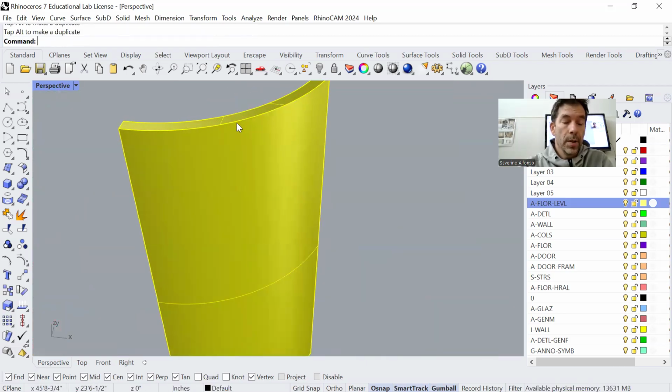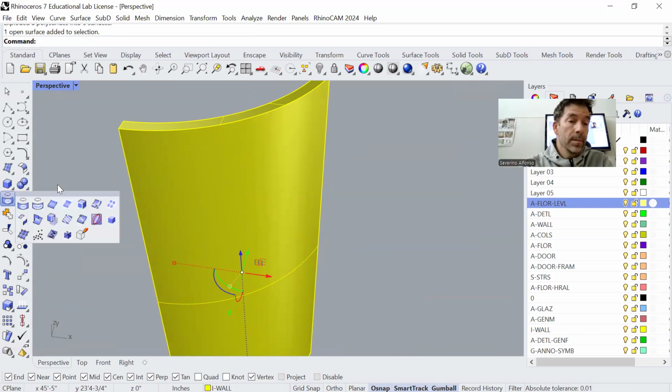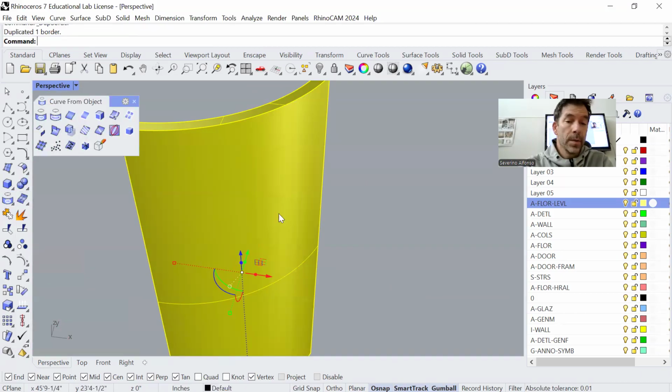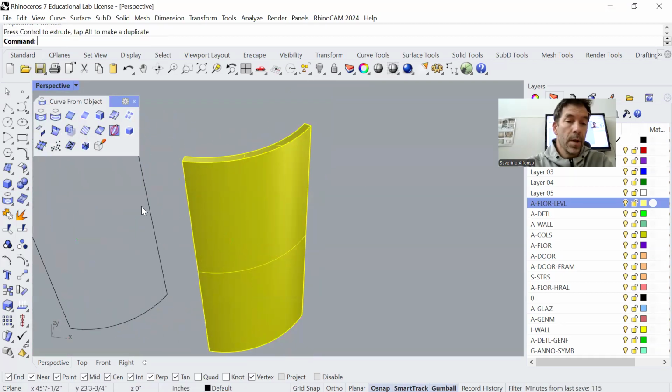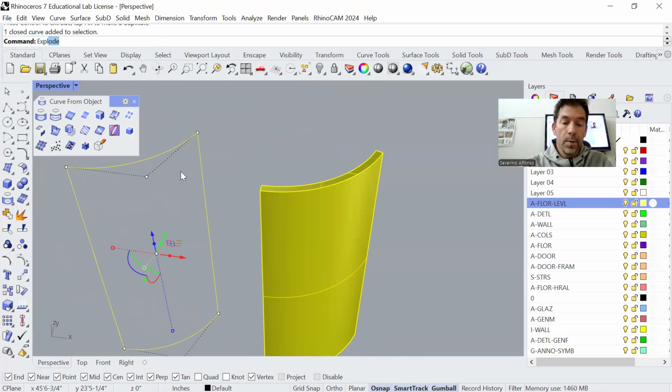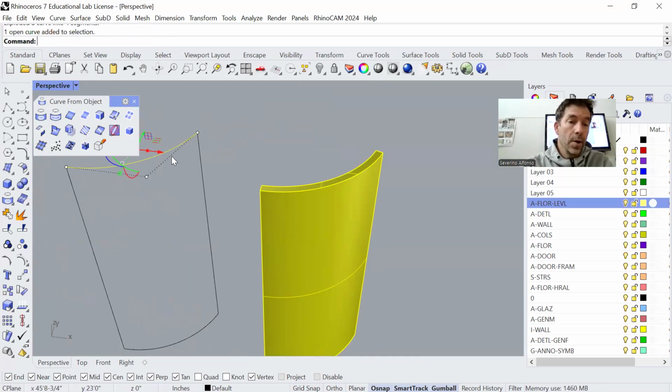What we can do is also explode this. We can select this one and extract the borders. No, so the borders are those. We can explode this, select this curve, and the dimension of that curve unfolded is the dimension of the laser cut piece. That then you score